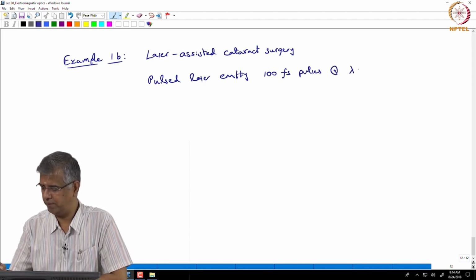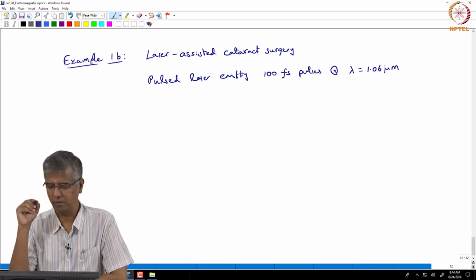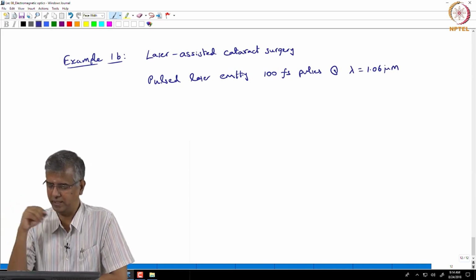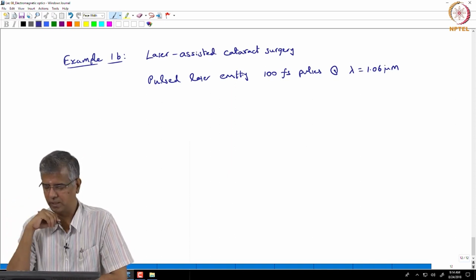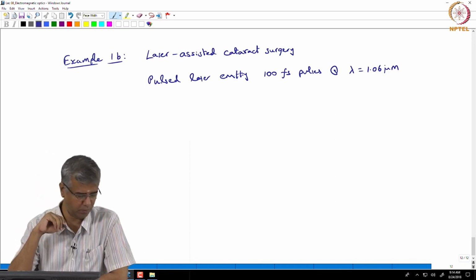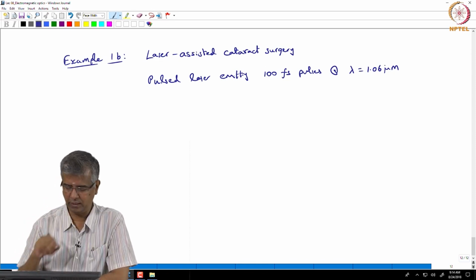At a wavelength of 1.06 microns. Why that specific wavelength, we will come back and look at later when we are discussing lasers, but let us say this is emitting these pulses at 1.06 microns, and you are told that